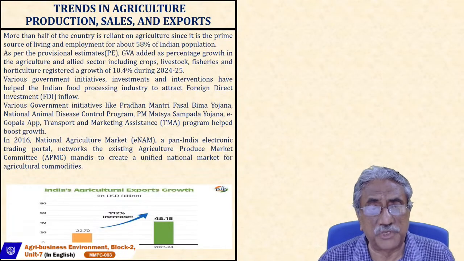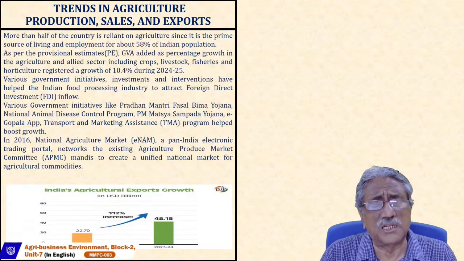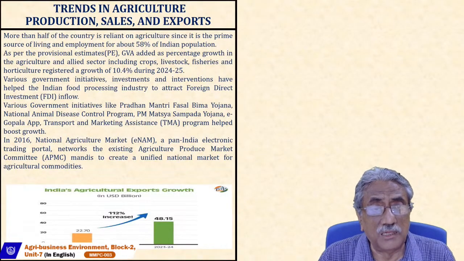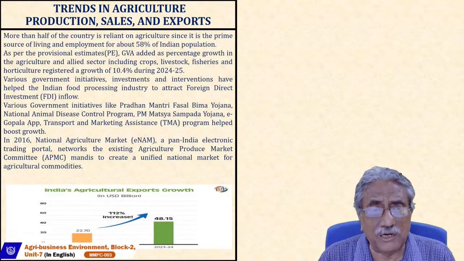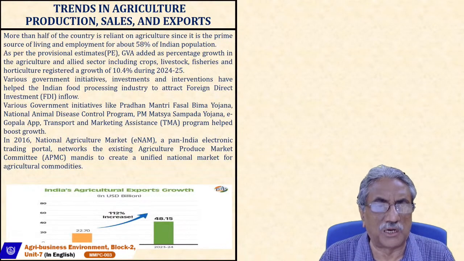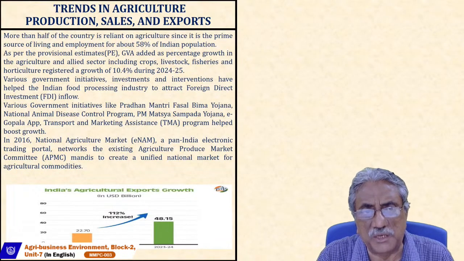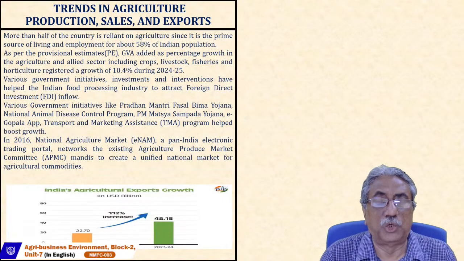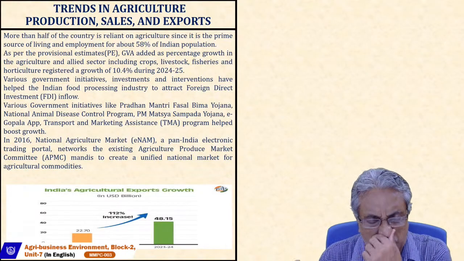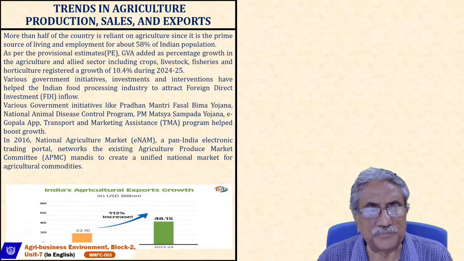Then the PM introduced the PM Matsya Sampad Yojana, because if you see our huge coastline as well as the number of rivers and other things in India, there is a huge scope of fish production, which goes for export also. There's coastal or sea fish, and the inland or sweet-water fish, that has a huge demand in the market. So the government came out with a scheme so that they can buy their boat or their net, and there should be a mandi, or a fish market, where they can auction and get a better price.